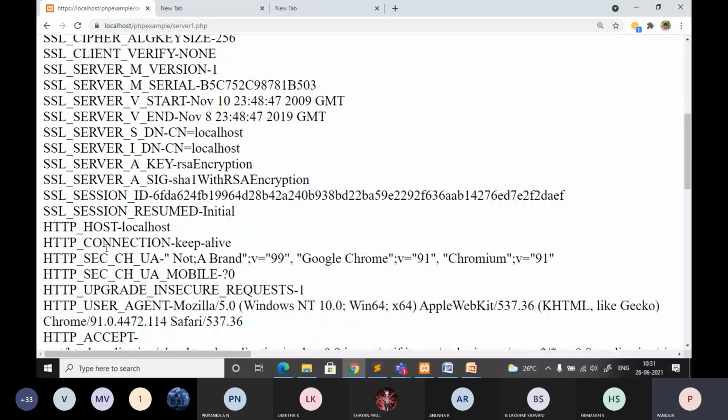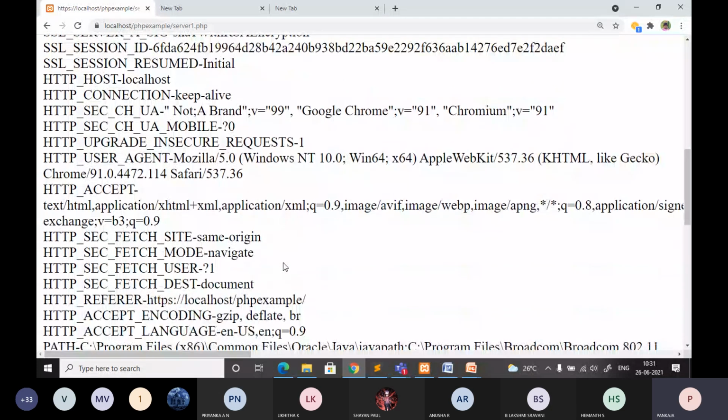The session details: what is HTTP host? That is, I'm using localhost. HTTP connection means my server status is running, that is keep-alive. Here it is giving the Chrome details, the browser details. So you are getting so much information related to the server.